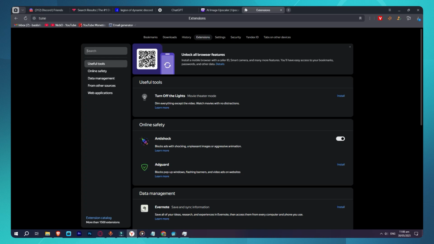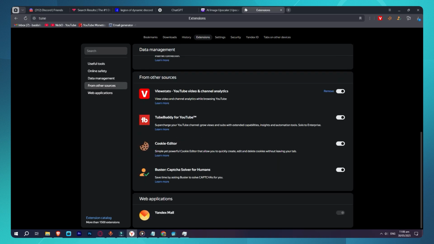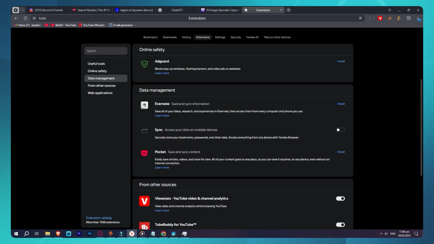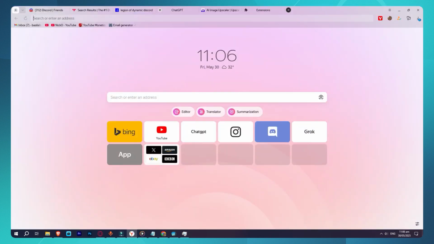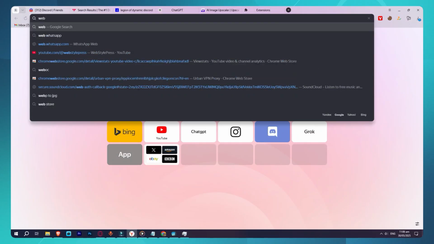Now look for the option that says Allow extensions from other stores and make sure it's enabled. This is what lets Yandex use Chrome extensions. Once that's turned on, open a new tab and go to the Chrome Web Store at